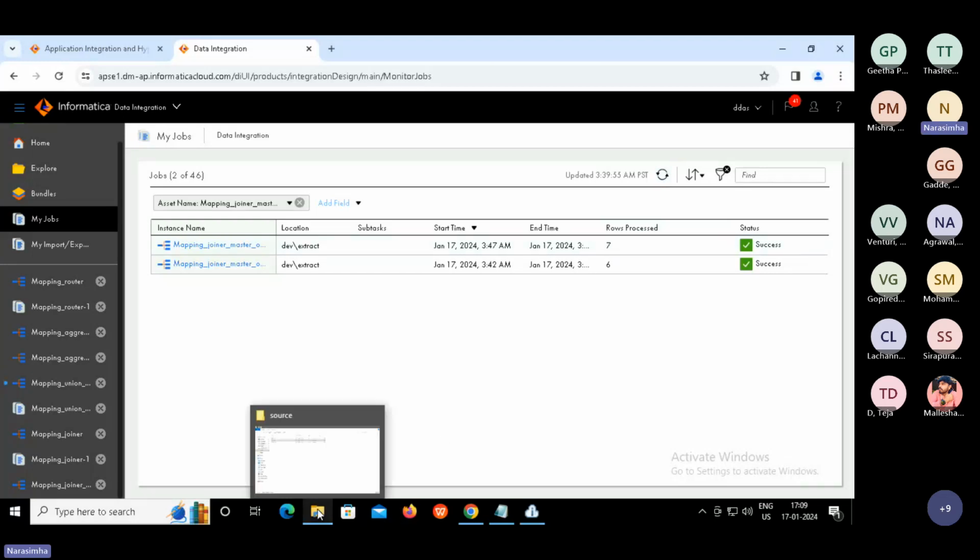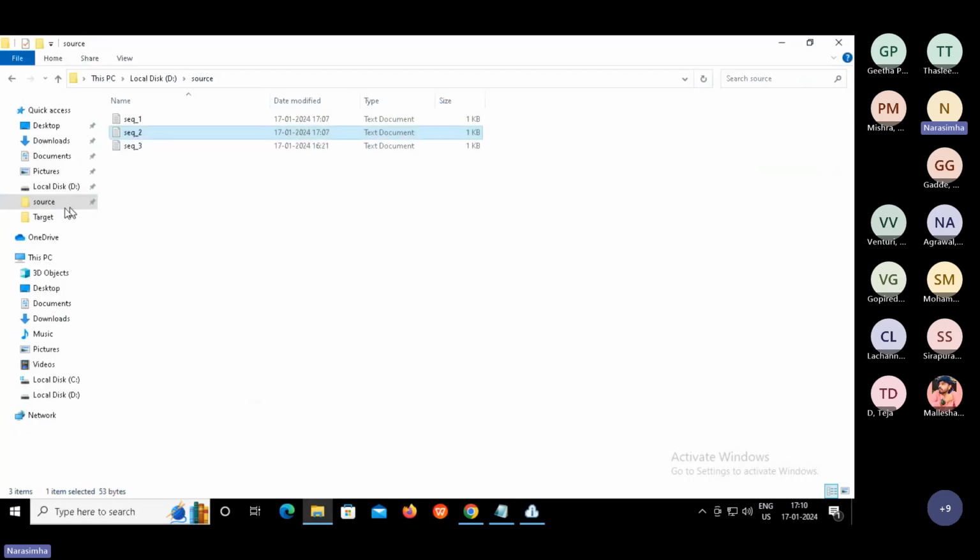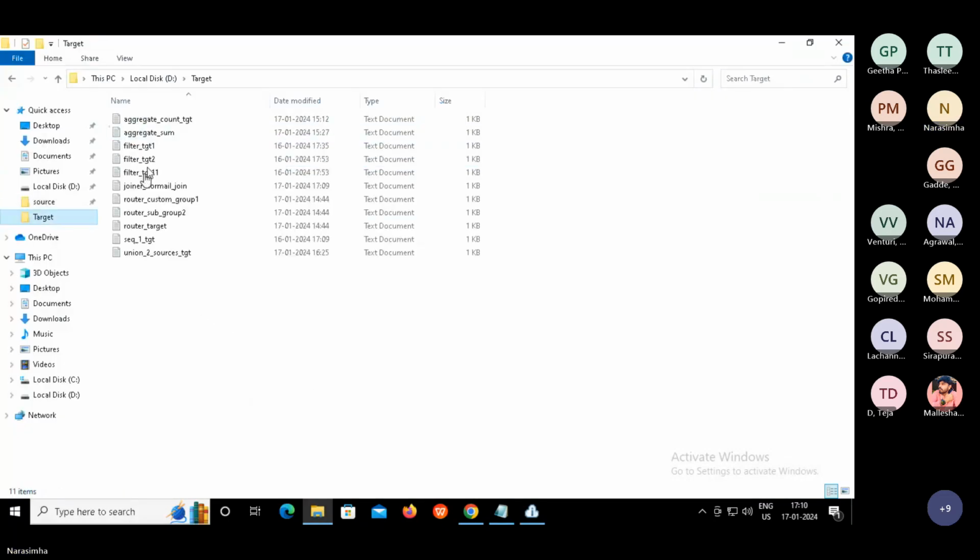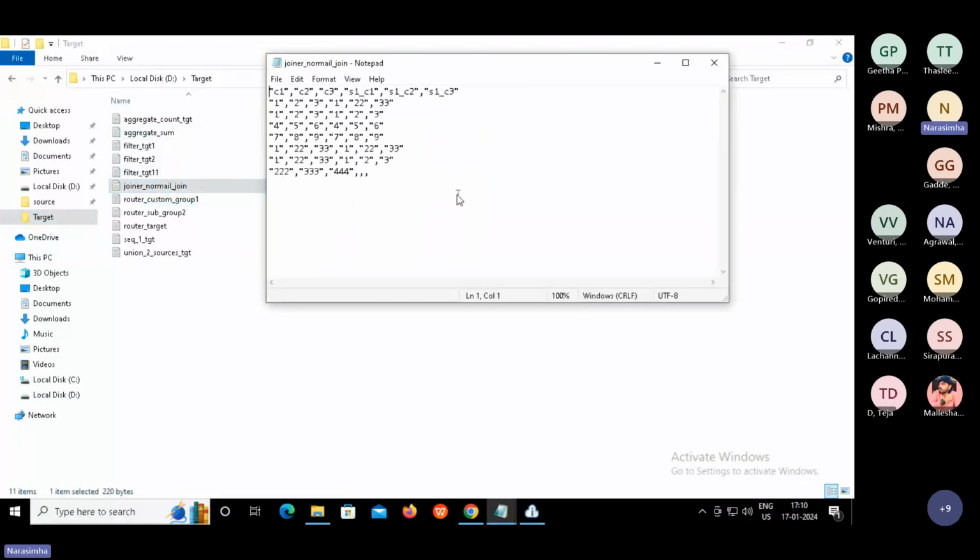So what is that extra, and what happens on the details side? That we need to see, right? So let's open that target file. Can you see, guys? We got 2, 2, 2, 3, 3, 3, 4, 4, 4, but from the other source it is empty, because triple two is not matching with the other source data, which is SCQ1, right? That is why the other side will be empty.